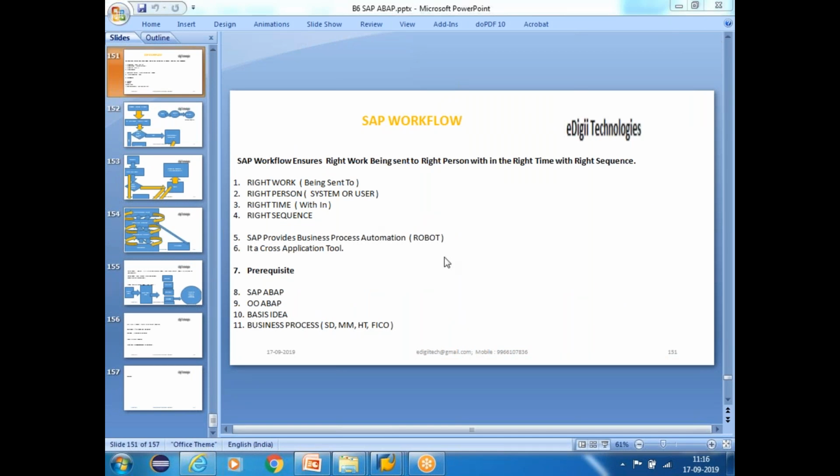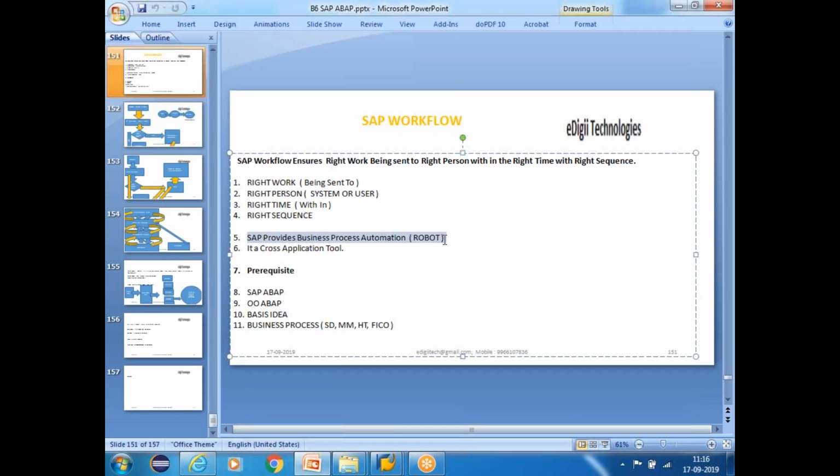SAP workflow ensures the right work is sent to the right person within the right time, within the right sequence, guys. So that's the workflow, and it's a business process automation tool, guys. In SAP, we are going to automate the business process by using this tool, and it's a cross application tool. And if you want to learn the workflow, definitely you should have SAP ABAP as a prerequisite,